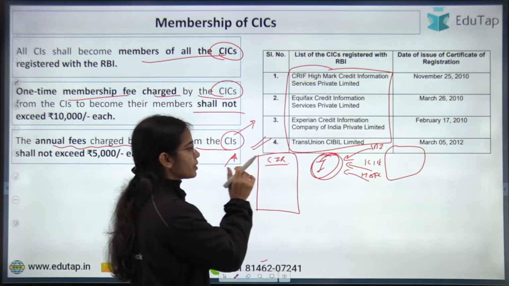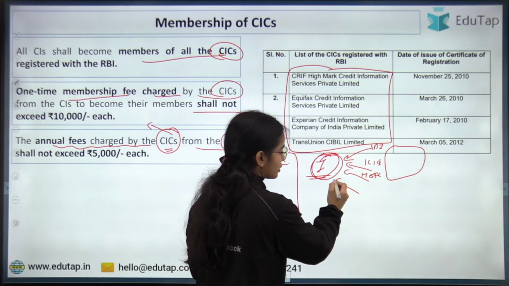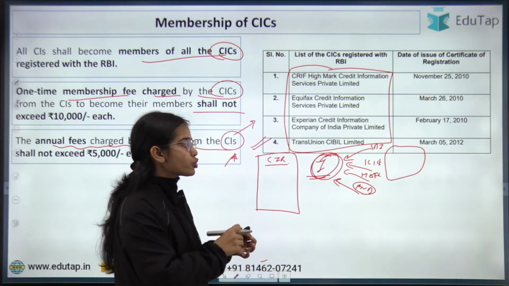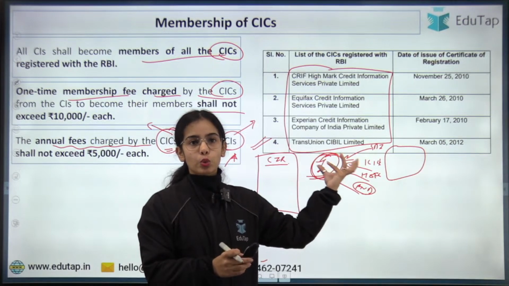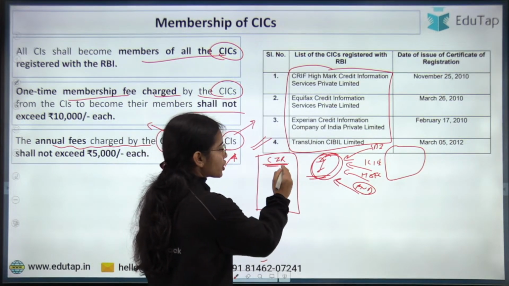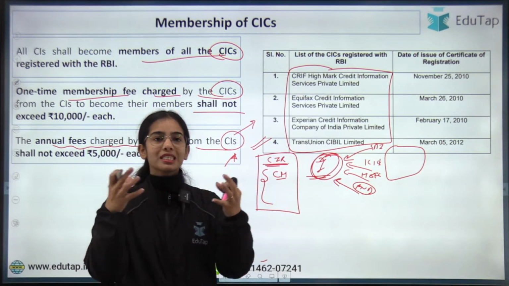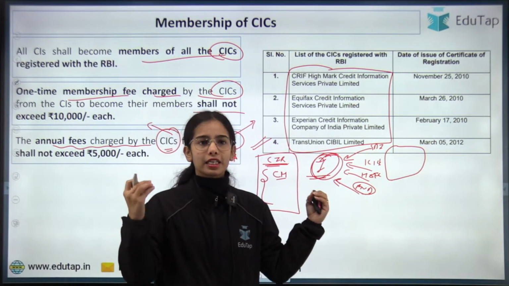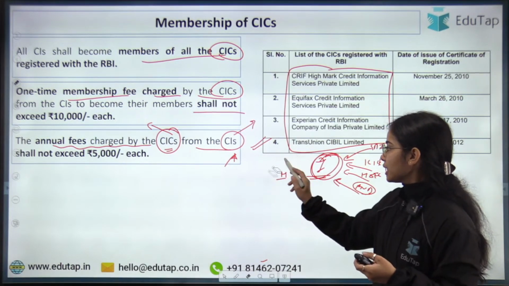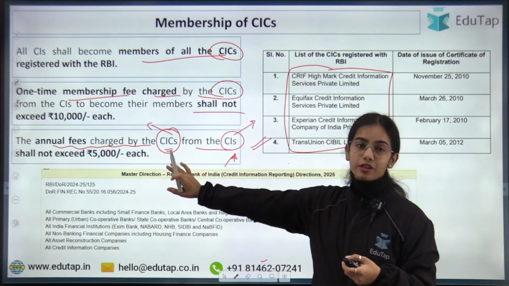So the credit information companies provide the credit information reporting if you want to know about an individual. Let's say there is another bank, PNB. Now the individual has gone to PNB to take a loan. PNB wants to see the previous loans that the individual has taken and the current loans that are ongoing. The credit information report will show the complete credit history of the individual, because the credit information companies are gathering the data from all the credit institutions and making the reports. Okay. So this is the idea. I hope this is clear. So now the annual fees should not exceed 5,000 rupees each.